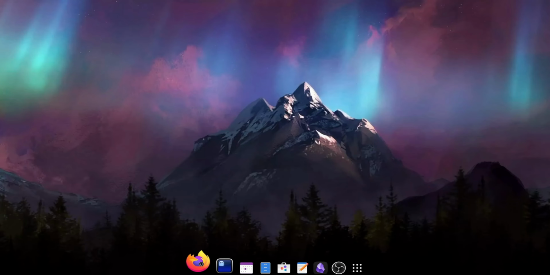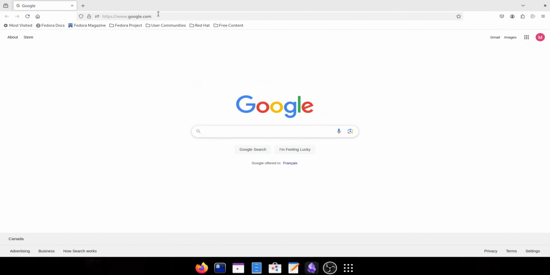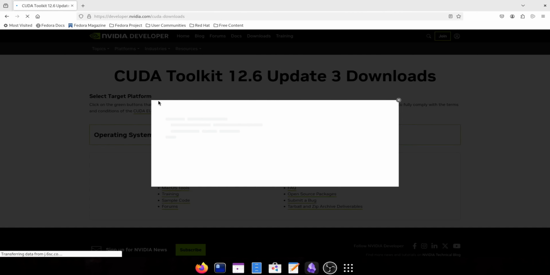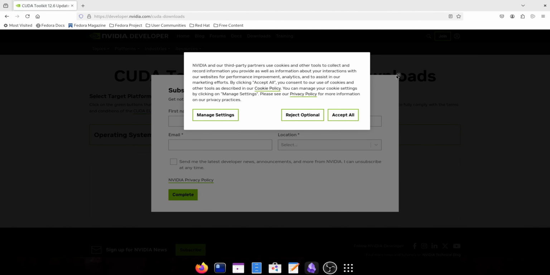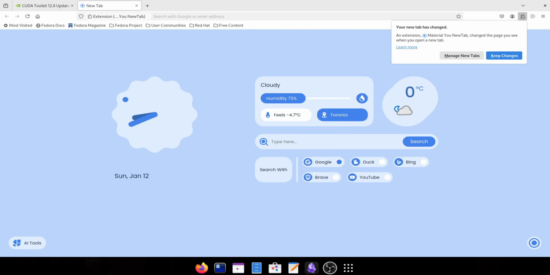So let's search for CUDA toolkit first. Then here is the CUDA toolkit, and this is the version 12.6. I will show you how you can install CUDA 12.6, and with CUDA 12.6 I will show you how to install